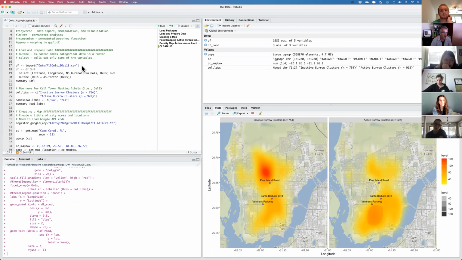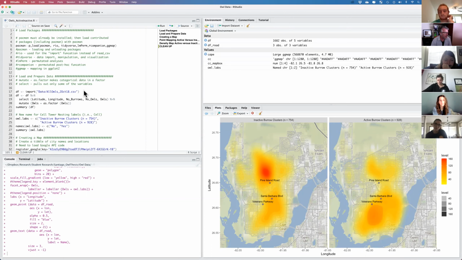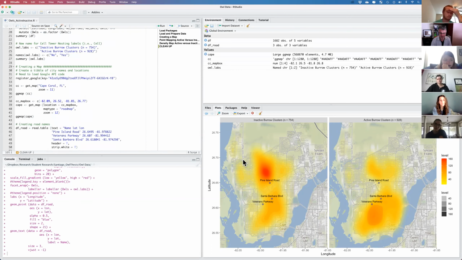And then by using data that we collected from a study in 2017, we're able to identify the locations within Cape Coral and create some representations of those organisms across that area. Something that you would not be able to do in Excel, and something that would cost you as a student a $100 annual subscription in GIS. And if you're a professional, a few $1,000s in annual subscription to use GIS,